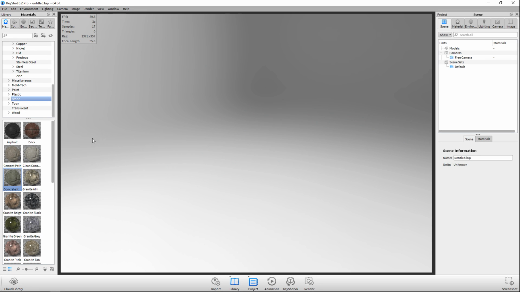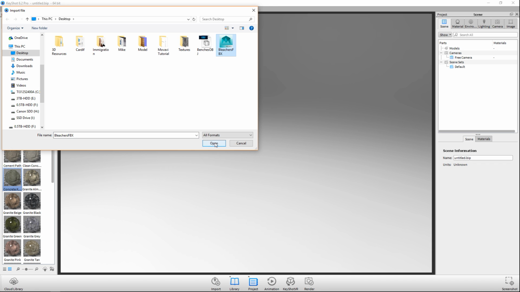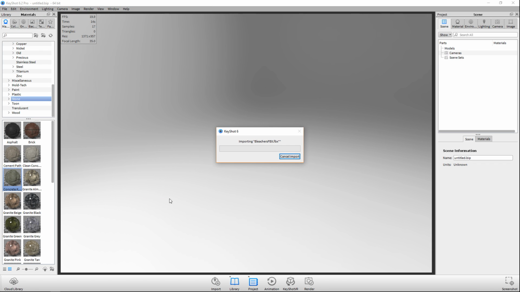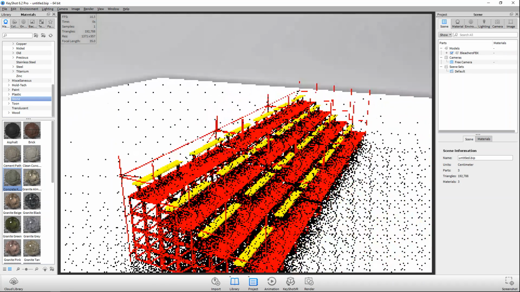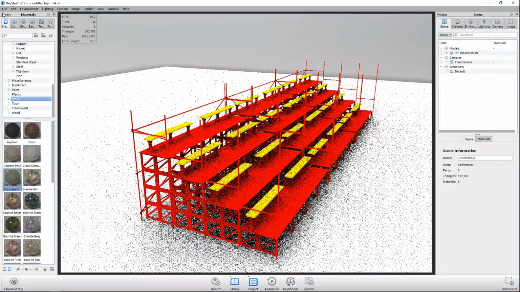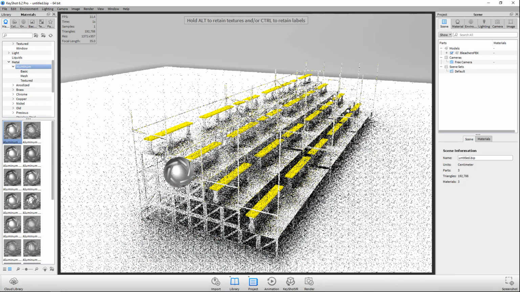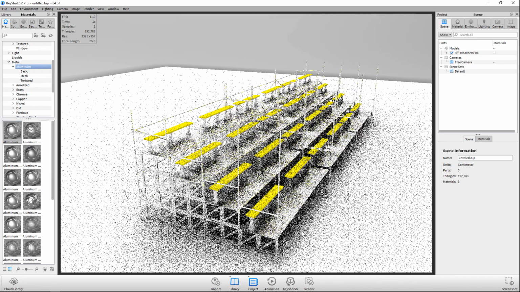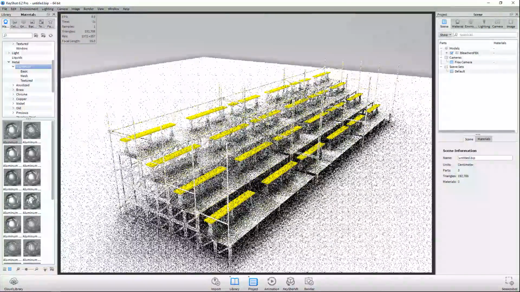Here we go. Right guys, we're in Keyshot. So let's go to File and Import and take our FBX file and open it up. Let's give it a second to come in. There we go. So it looks like it came in okay. Color is visible. So let's go into our material section and let's find a metal. We'll go with basic aluminum and we'll add that for our frame and so forth. Now it looks a bit blown out because of our white floor and the fact that we don't have an environment loaded yet, but that's okay.